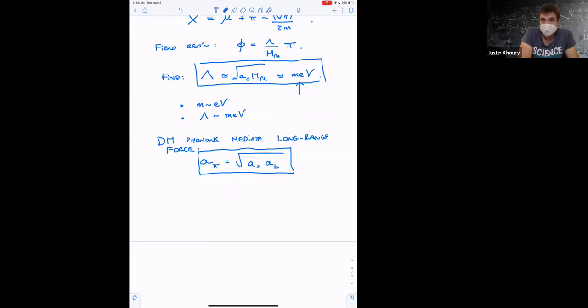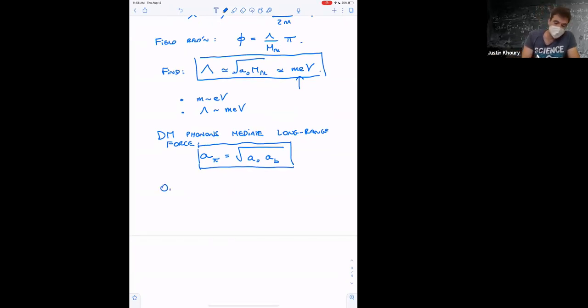One quick comment is that unlike a usual scalar that would mediate an additional force, here crucially, this force only occurs in regions of superfluidity. So superfluidity is a prerequisite in order to have this new force. In particular, if there's no superfluid, parts of the universe, particularly galaxy clusters, are mostly not superfluid, then no superfluid implies no MOND.